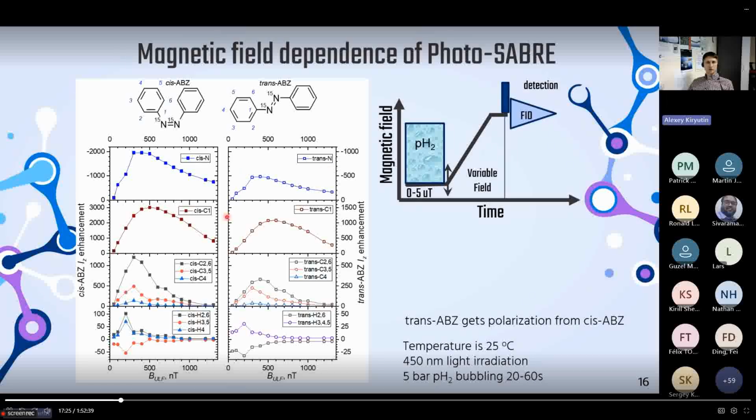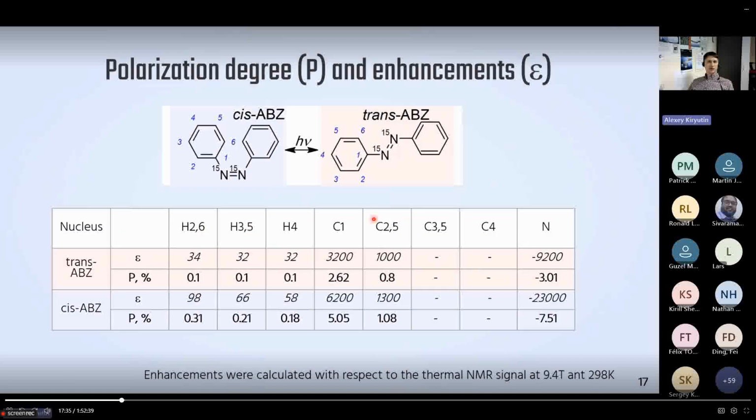I won't go into details about the field dependence here, but I want to mention that for 15N nuclei, the optimal magnetic field is around half of a microtesla. This table shows the maximum enhancement factors and polarization levels achieved under optimal conditions. As can be seen, the polarization on nitrogen nuclei reaches 7.5% for the cis isomer and 3% for trans azobenzene, which